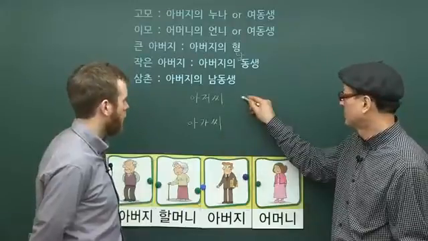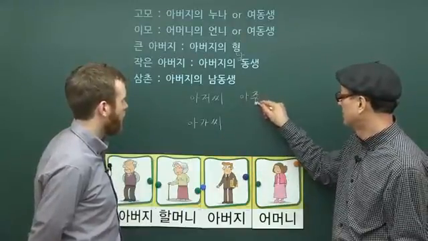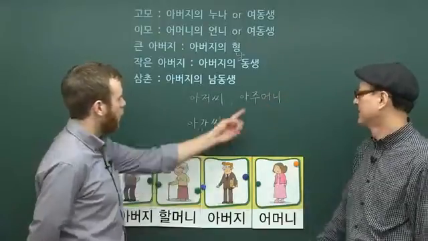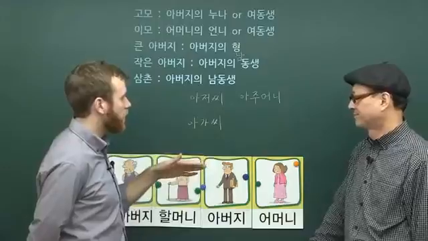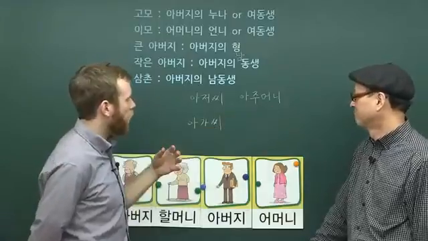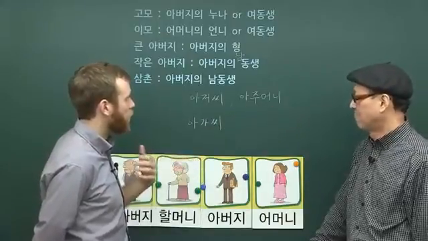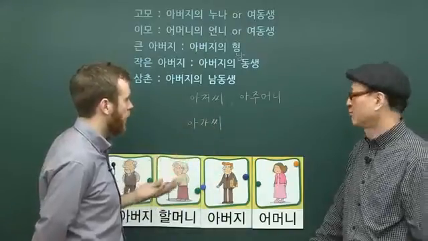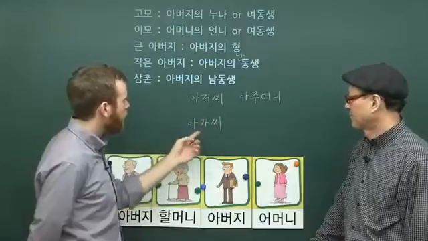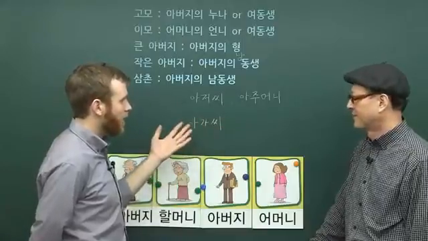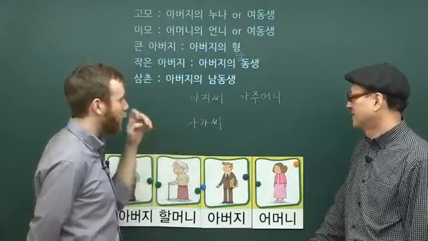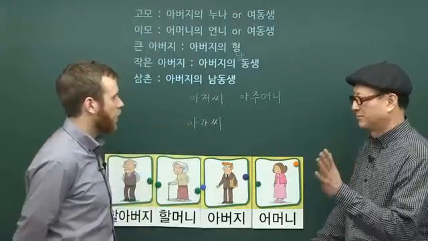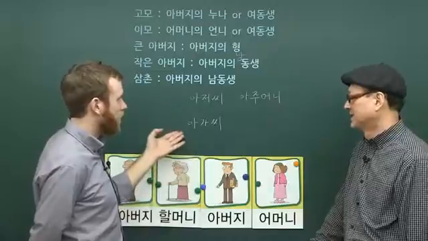아가씨는 not married, unmarried girl, lady. 이 아주머니 있어요. 이건 married woman, kind of middle-aged. So 아주머니 for middle-aged woman who I assume is married, right? And 아저씨 for a married middle-aged man. And 아가씨, I've seen this term translated as maiden. I don't know if that's really appropriate, but younger woman이에요. Before you get married. Kind of like in English, miss